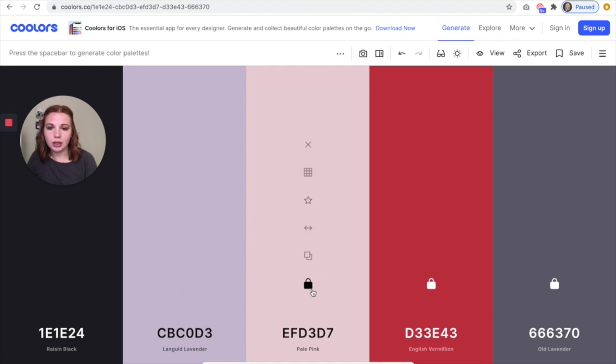Now I'm actually going to unlock all of these. I just wanted to show you how that worked. Again, I was clicking the space bar to get the colors to switch. However, I actually want to do a specific color scheme, so I want to show you how to do that